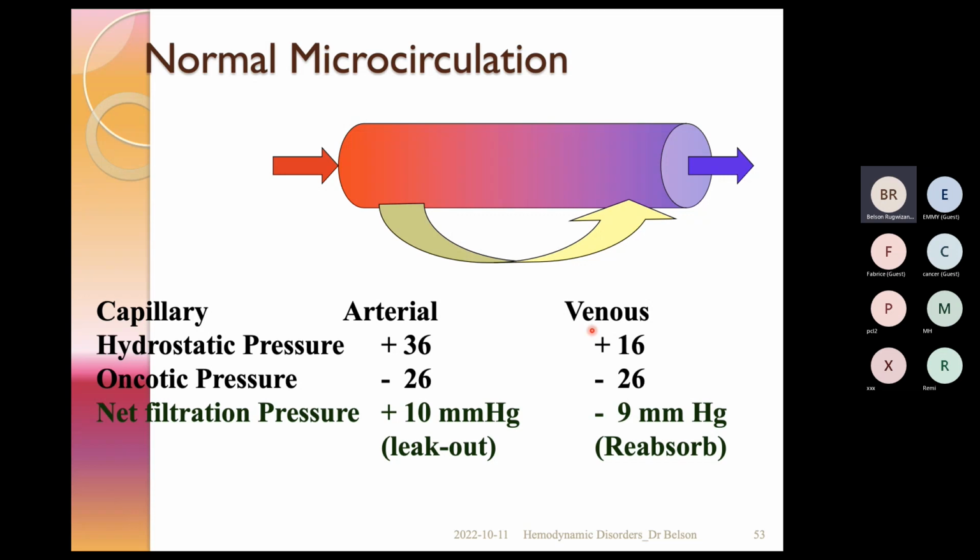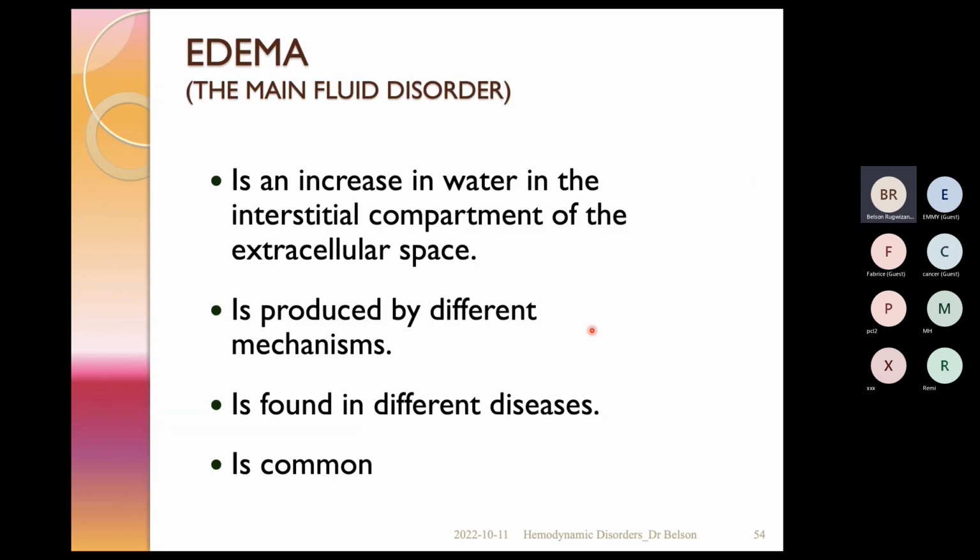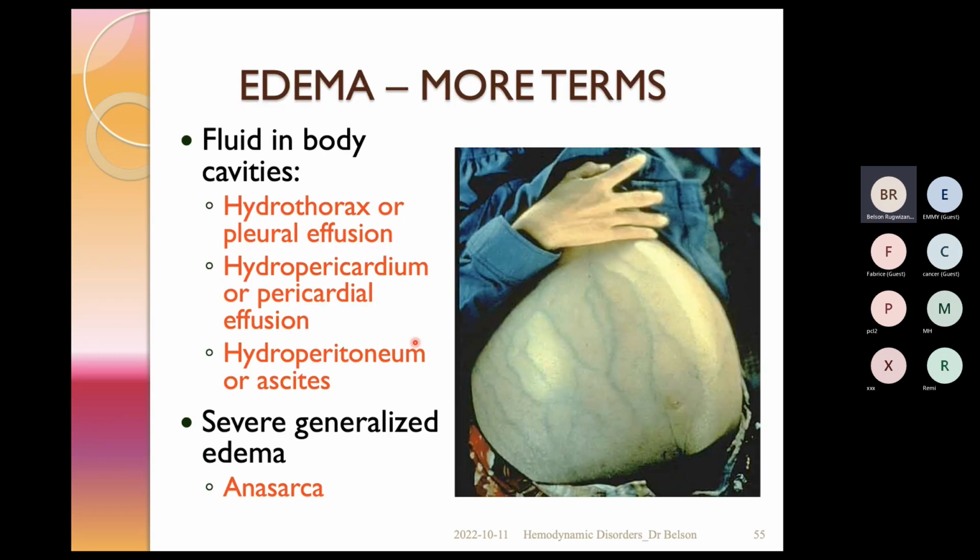But maybe an exception, abnormal proteins can be produced by cancers. The cancer produces abnormal proteins. They can be many but they never include albumin, because albumin is what governs oncotic pressure. So then you understand now the pathomechanism behind the edema. There is an increase in water in the interstitial compartment of the extracellular space, and there are many mechanisms, both by increased hydrostatic pressure or decrease in oncotic pressure. So there are many terms used, there is hydrothorax when a person